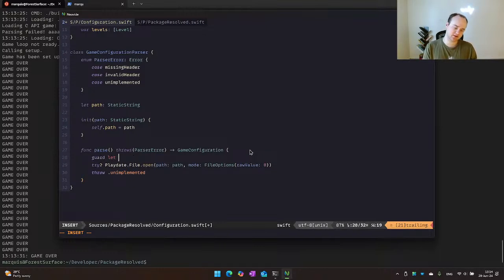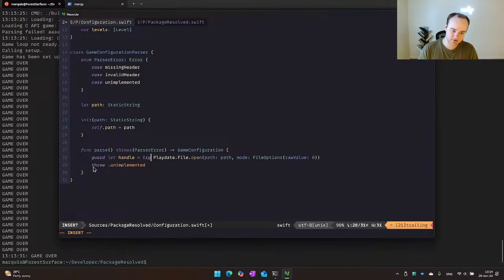Guard let handle equal this else, yeah, this is right.